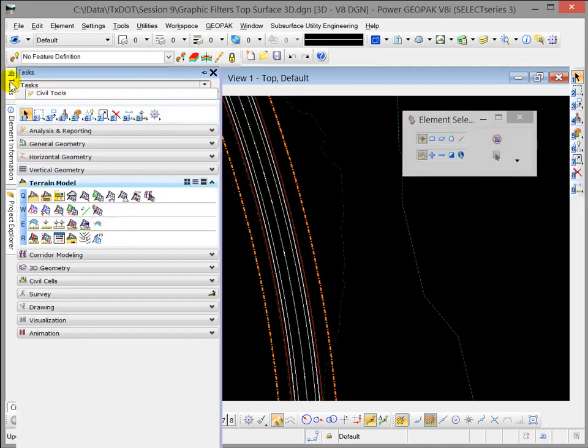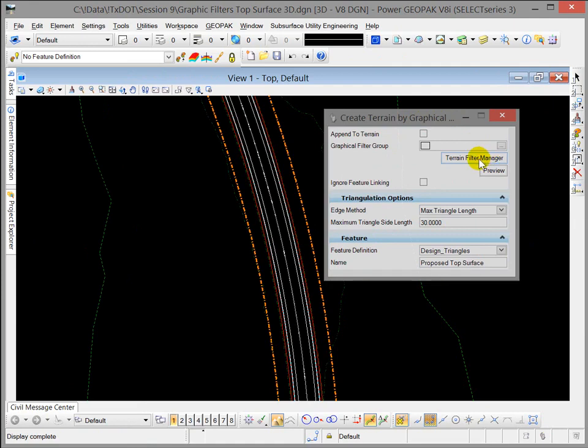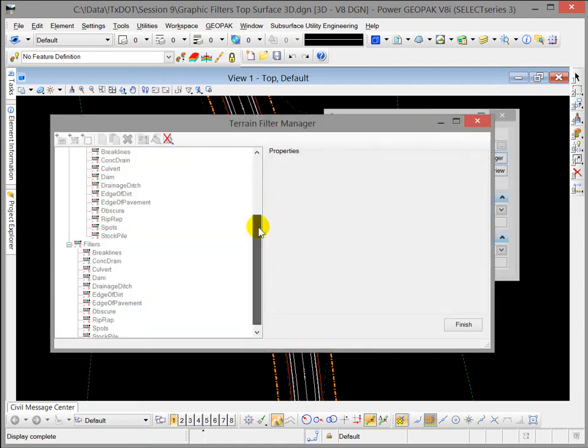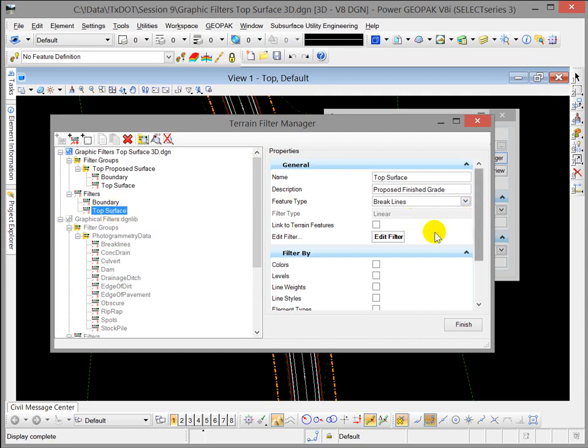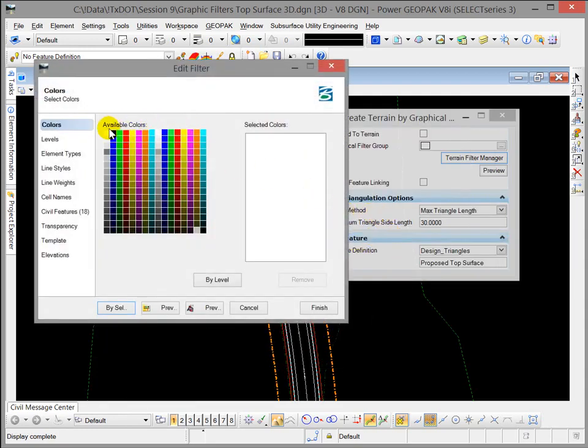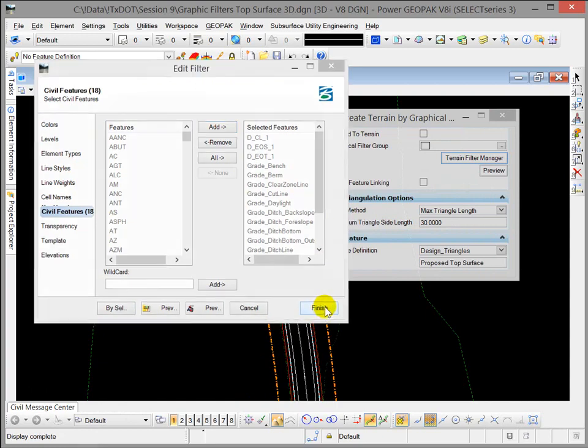And I'm going to proceed to my terrain model tools, and under here is create terrain model by graphical filter. You can at any time come into your terrain filter manager and review what I set up, but I created one for top surface. So I come in here to edit and I look at the civil features. I just added all the ones that I know are along the top coming out of my terrain, which seems to be adequate. So we'll finish that,